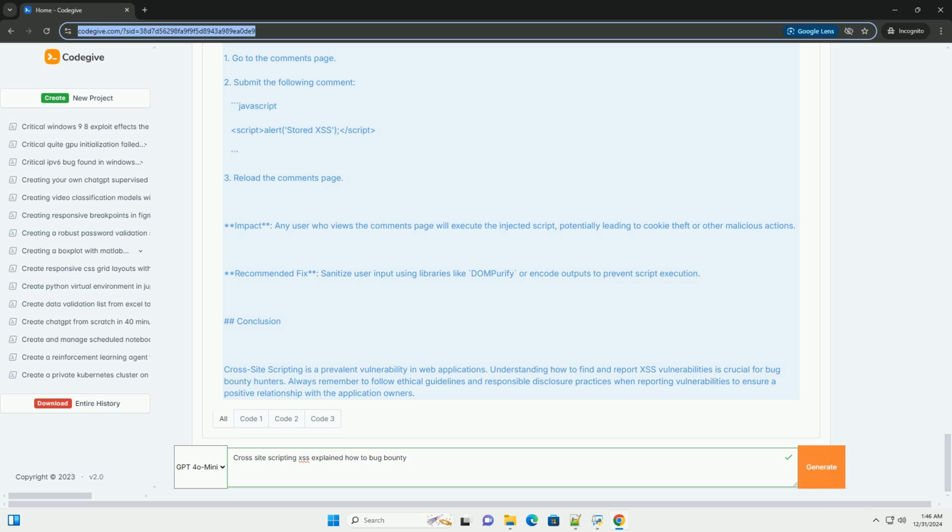XSS attack example. Here's a simple example of a stored XSS vulnerability. Let's assume we have a web application that allows users to submit comments. Vulnerable code, server-side Python. Assume this is part of a Flask web application. from flask import Flask, request, render_template. app = Flask(__name__). comments = []. @app.route('/comment', methods=['POST']). def post_comment(): comment = request.form['comment']